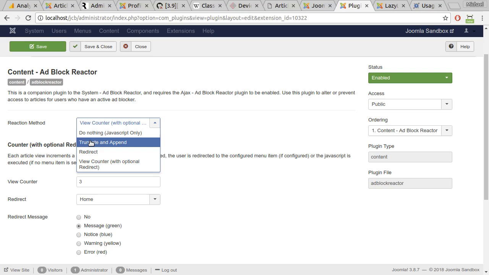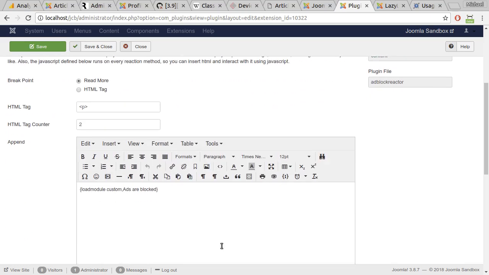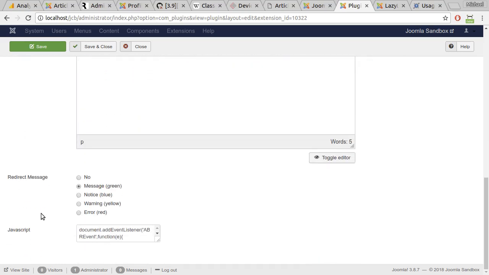There is truncate and append, which, if we look at that, will break the article on the read more tag or an HTML tag of your definition, say a p tag. You can break it on the second p tag. You can append additional information to it. I've appended a load module plugin tag here, so I can load the ads are blocked module, which I'll run through in a minute. And then you can